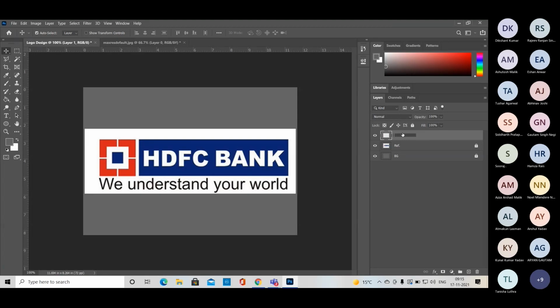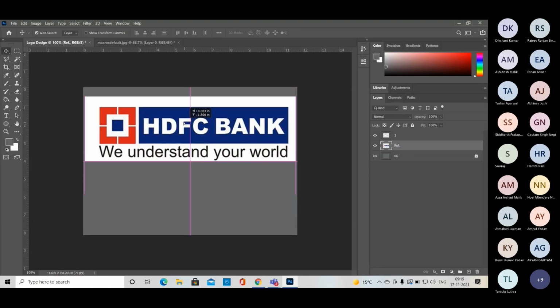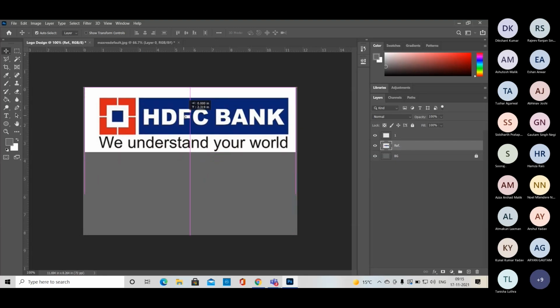So we can take the reference as layer one, initial. So what exactly, which color do we want in the background for designing this logo? Just let me confirm. Which color can we find in the background if I want to design with the basic tools? What do we have to take first? So we have a white tone in the background, right? So we want to take a white color,